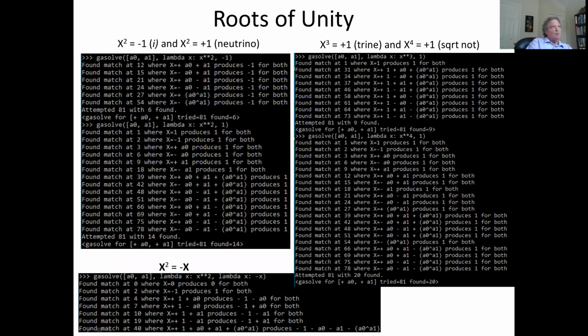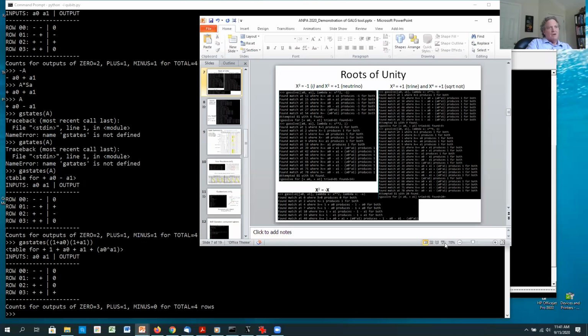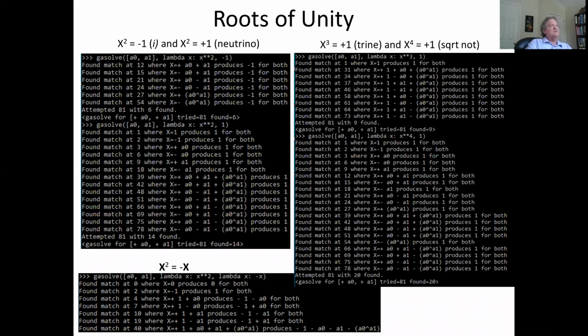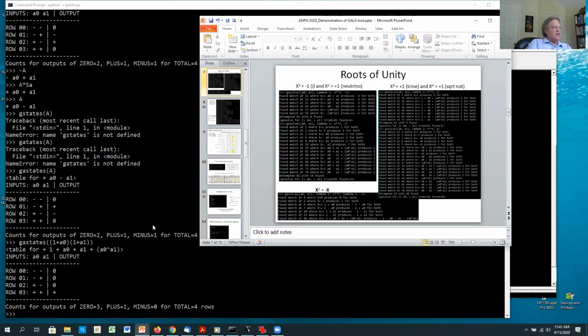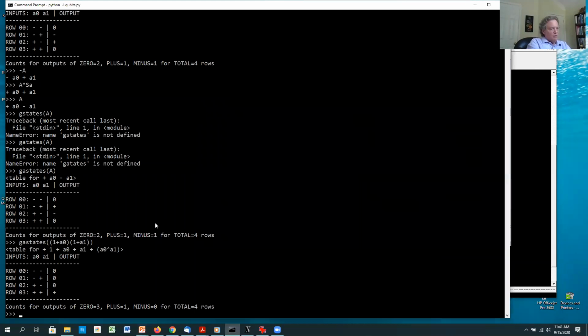Okay? So what we're going to do is talk about roots of unity, because what are we talking about here when we say S sub A squared is equal to -1, and S sub A to the 4th power is equal to +1, okay? Well, it turns out I have this tool called GA-solve. And what GA-solve does, it says, look, go find,